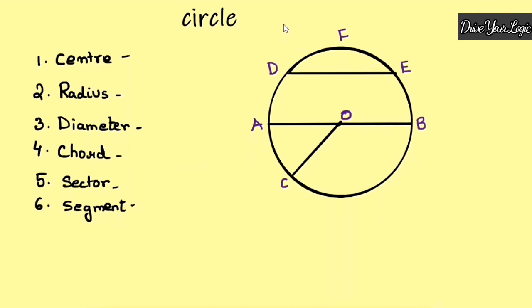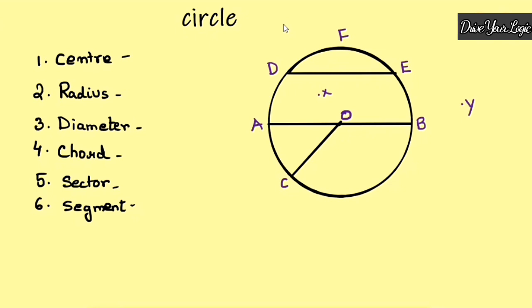Now first I'll tell you about the circumference of a circle. So what is circumference? The boundary of the circle is called the circumference. Okay. So what are the points on the circumference? We can say C, A, D, F, E, B. These are the points on the circumference of a circle. And suppose here one point I'm giving you X and outside one point I'm giving you Y. So if I ask you, the interior point is X, and the exterior point is Y.